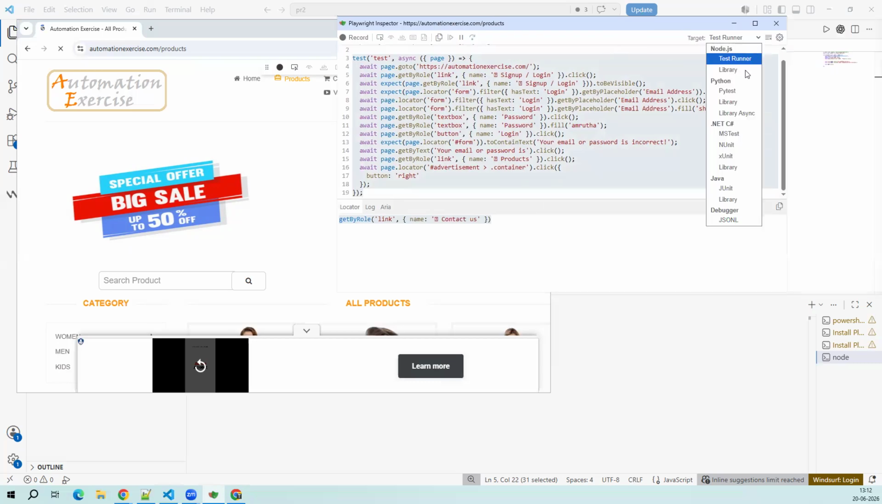So, for example, this is the Node.js, right? If you want, I think PyTest, library, Python, all these things, some options are also there. If you want,